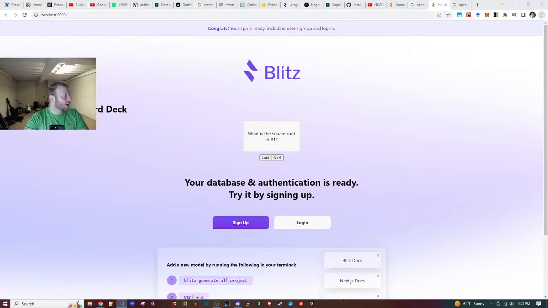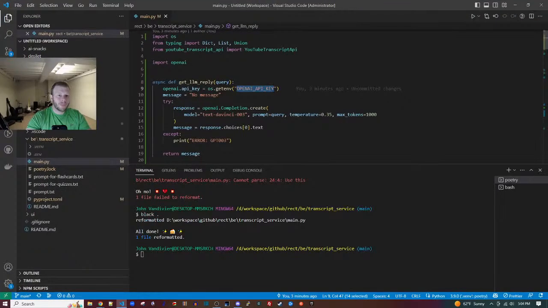And I was able to get a value for free. So I got a GPT 3 thing over here. So let me close that. So we should have this key. And let's see. Create prompt query. Temperature, I'm going to put that temperature down to 0. Max tokens 1,000. Yeah, that looks fine.